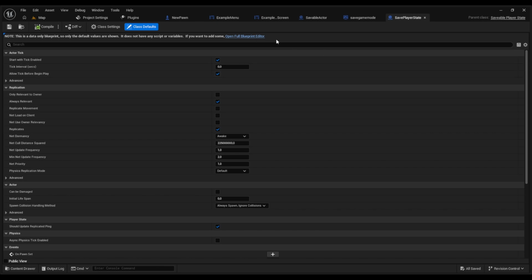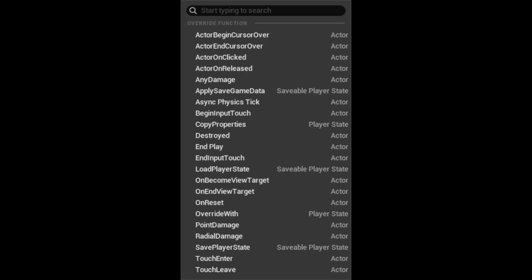Just like with the interface, here are also the same functions. They're slightly named different, but load player state and save player state. And then there is the function also apply save game data. The save player state is called before it's saved. Load player state is called after it's got loaded, and apply save game data can be overwritten or called